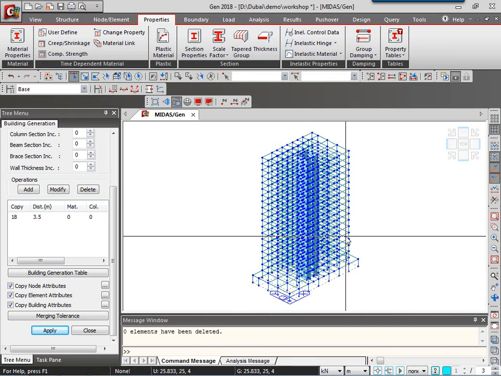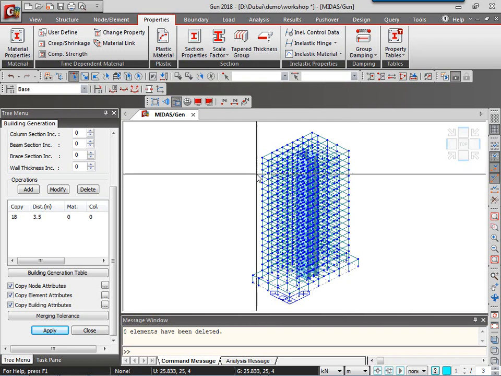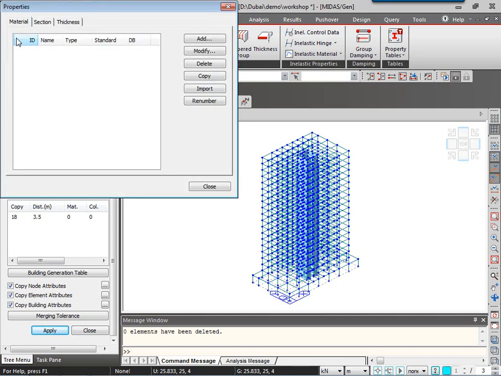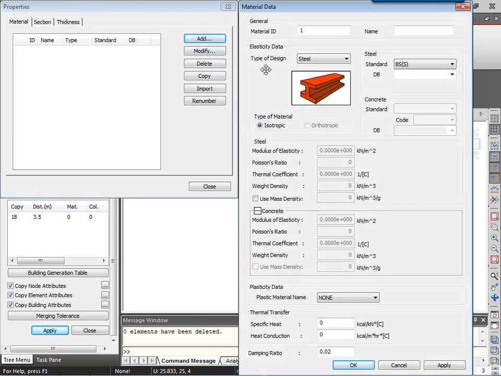After creating the geometry of the entire model, we can go ahead to the next tab, that is the Properties tab. In the Properties tab, the very first tool is for the material properties. So we can click over here and then click on Add, and here we can provide the information of the